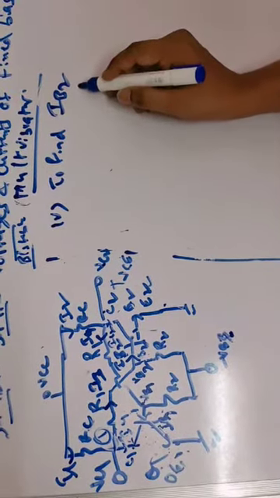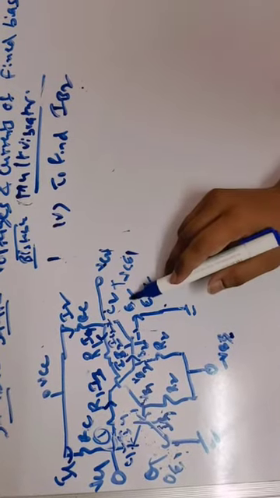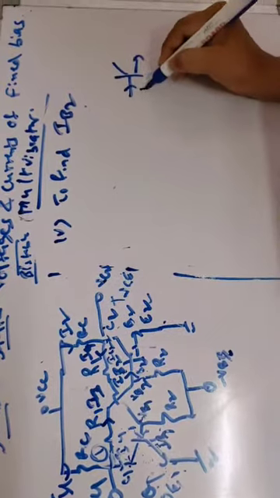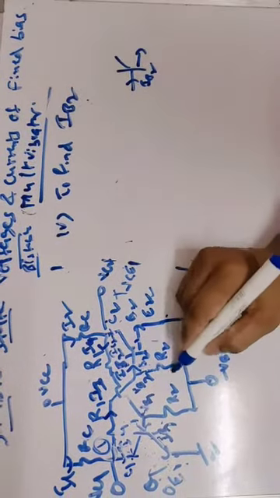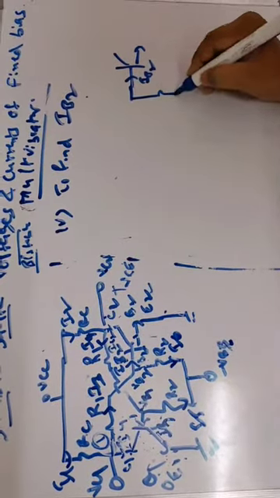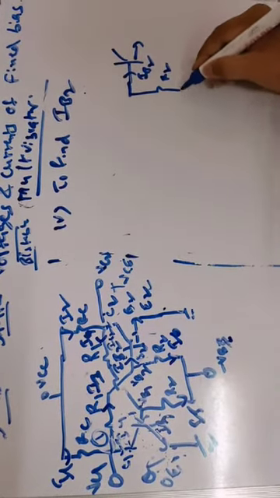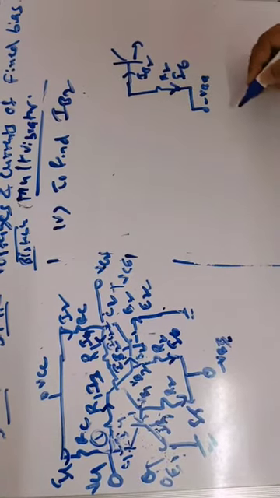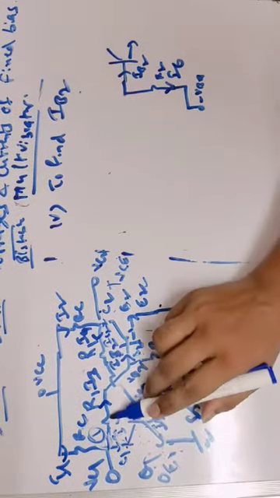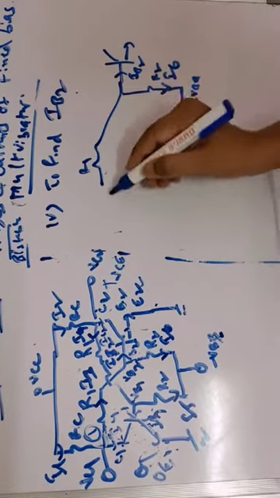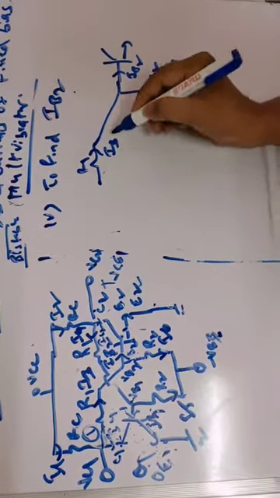How to find IB2? IB2 is the base current of the transistor Q2. So how do we find this current? Here it is IB2, and let us consider this current I6 and this one I5. This is directly connected to R2 and minus VBB, and the current flowing in this branch is I6. One more branch is connected through R1, and the current flowing in this branch is I3.